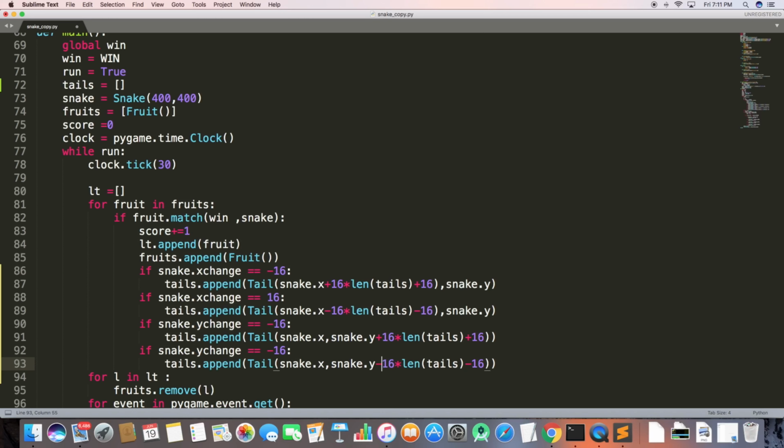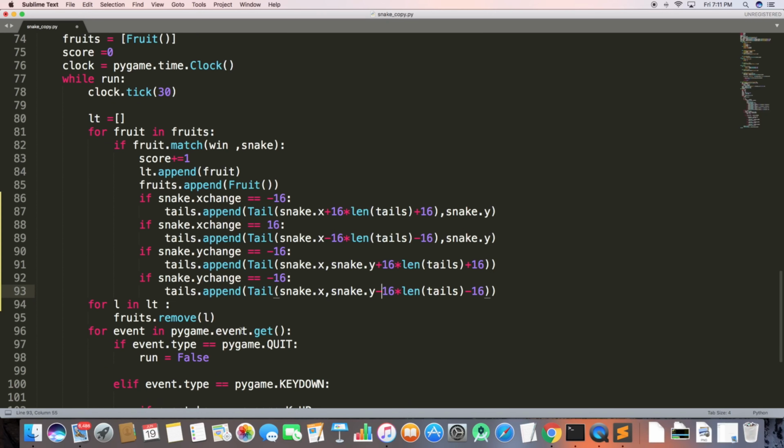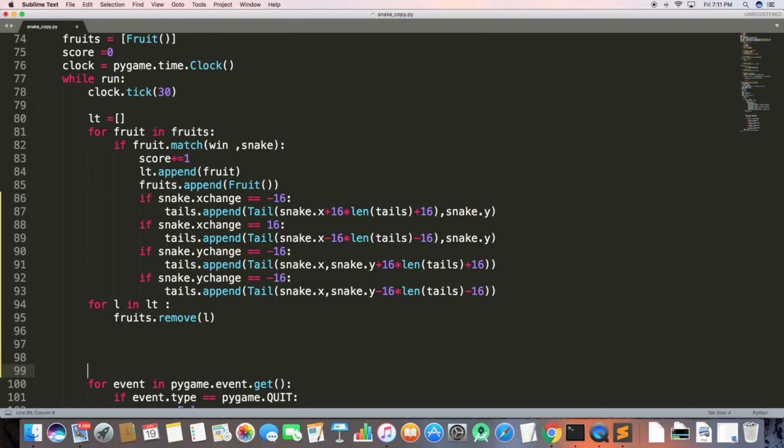And then I will have another if condition, and if the object is greater than 0, or I should say 1, then the second, third, and fourth will be trailing. The fourth object will be trailing the third, the third object will be trailing the second, and the first will be trailing the snake. So that's what I am thinking right now. So this works, and if it has some errors, if it has some bugs, do mention in the comment section. I'll be looking for those.